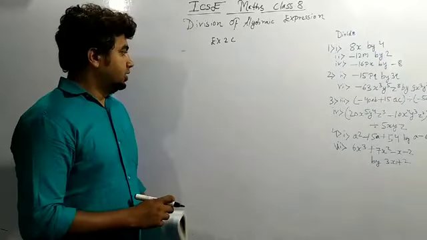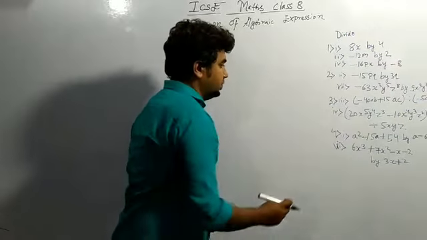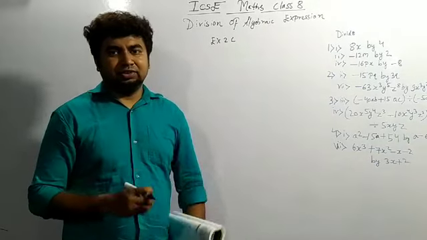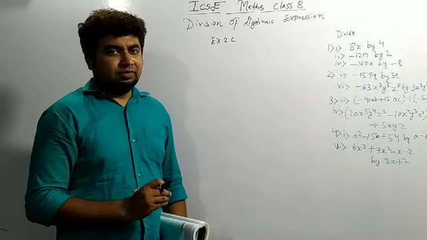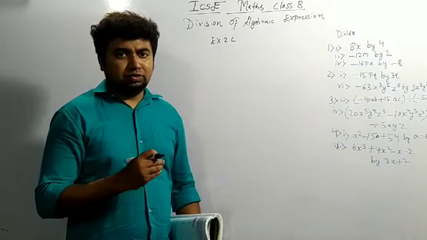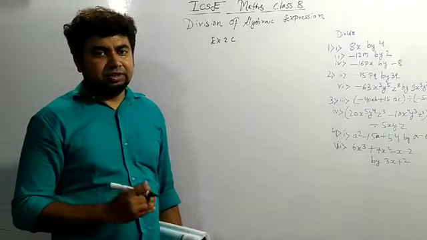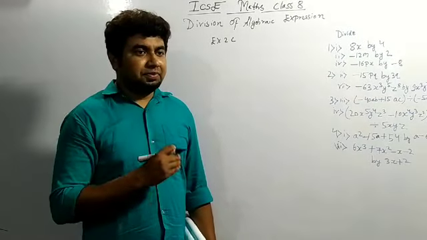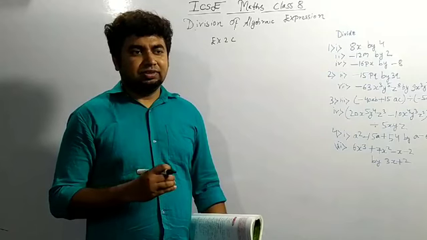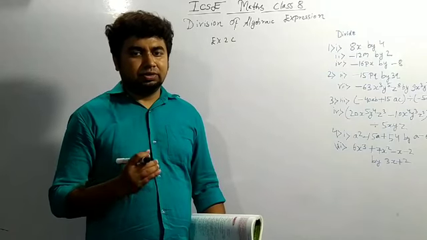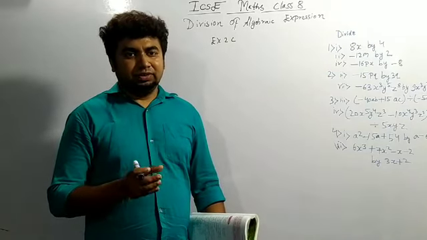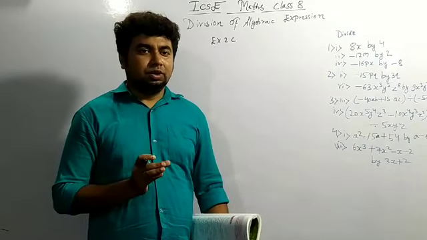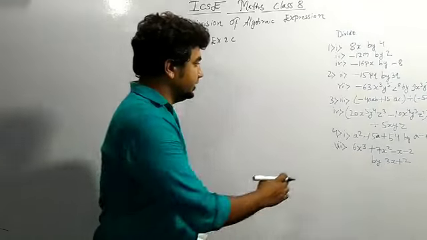Okay. Now we'll be moving to question number 4 bit 1. In the question it is given to divide and then verify your answer. Verify your answer means we'll be checking. As we learnt in lower standards, dividend is equal to divisor into quotient plus remainder. So that way we'll be checking whether the answer is correct or not. First of all we'll be finding the quotient.